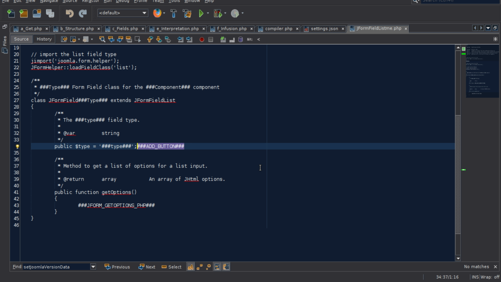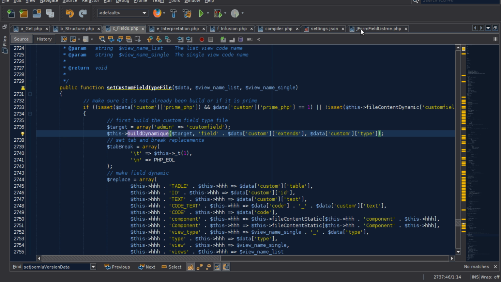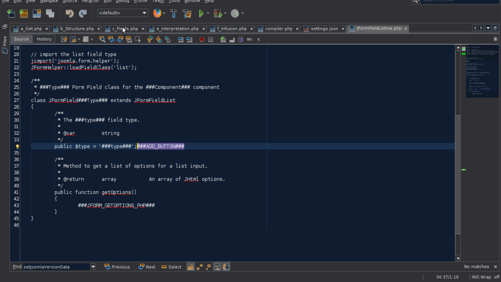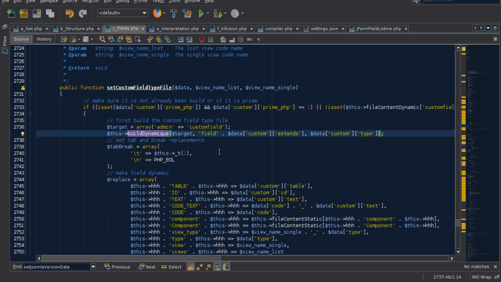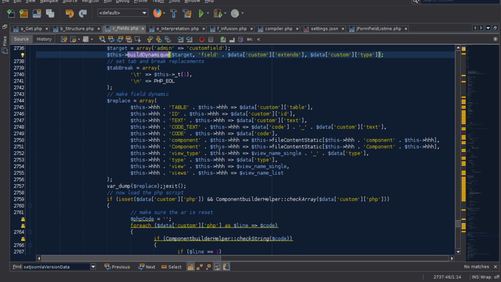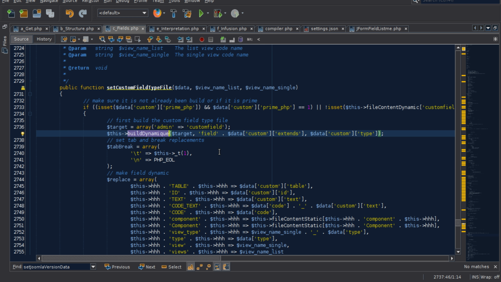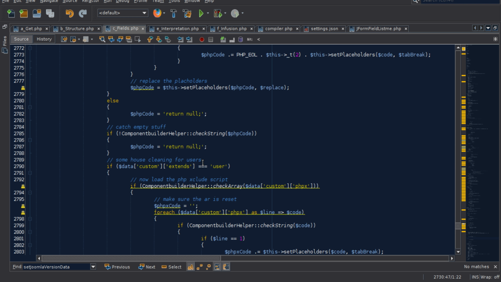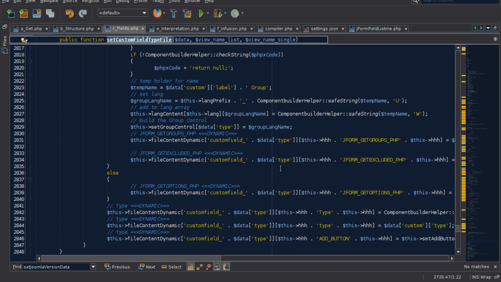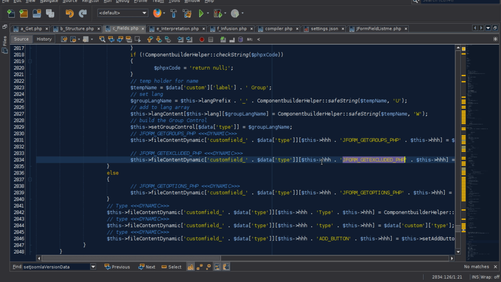I'm looking at the option to expand JCB's custom field so that that specific area becomes a little bit more dynamic. So at the moment it isn't like that, but we were talking about that and seeing if we could do that. But you could see whether we have done that eventually by just coming to this method in the C fields file and then scrolling down. If you come to the bottom of the method, you'll see that you start running up to these placeholders which are being placed in the file content dynamic